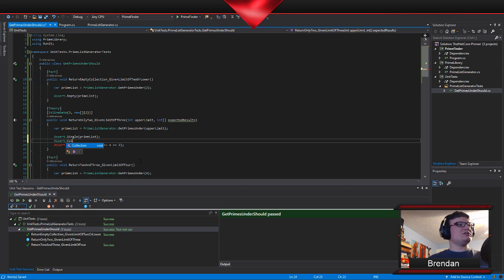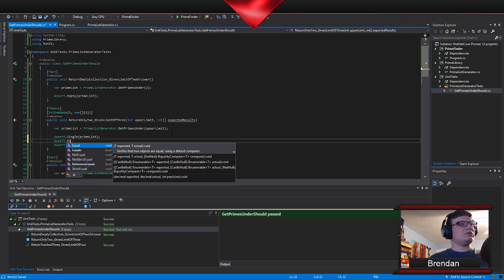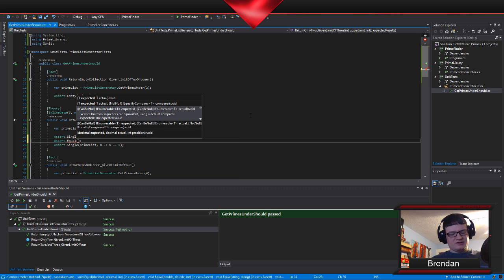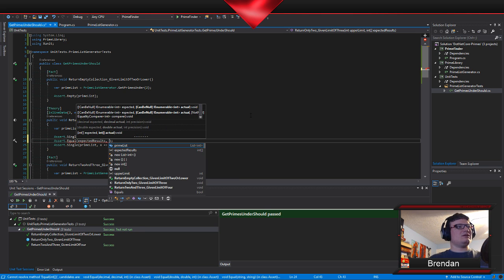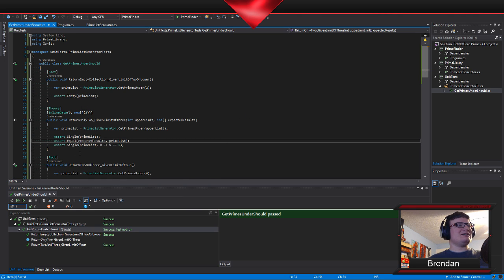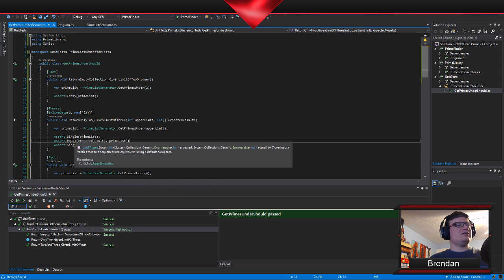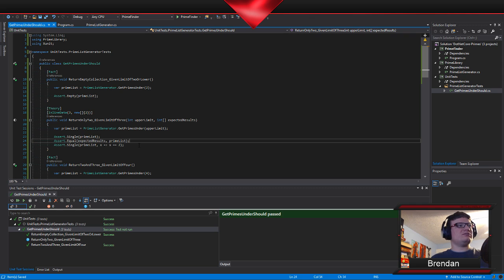Assert collection. I forget if this is going to work the way I expect it to or not. We'll find out, I guess. If two arrays are, well, hey, worth a shot, you know?